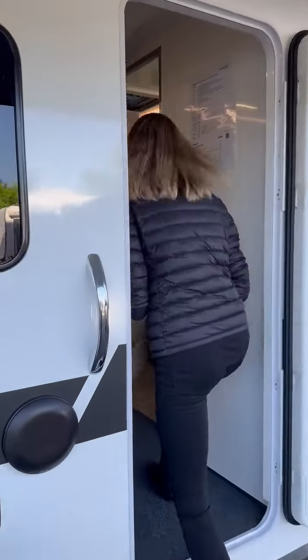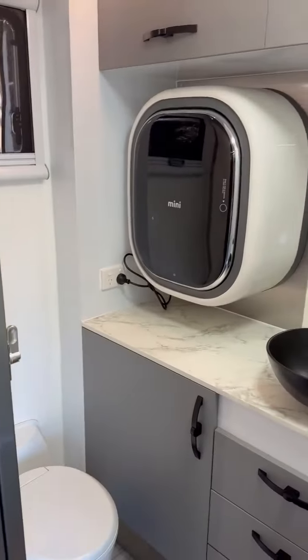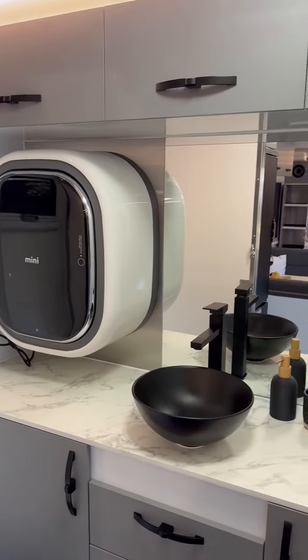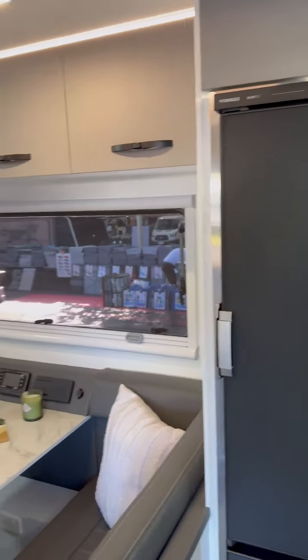Inside we have our full ensuite. It is a separate toilet and shower, 2.5 kg washer dryer, fantastic space. Then moving into here we have a 250 litre fridge, which is also freezer down the bottom, and then into